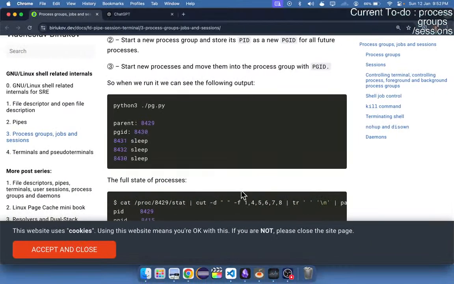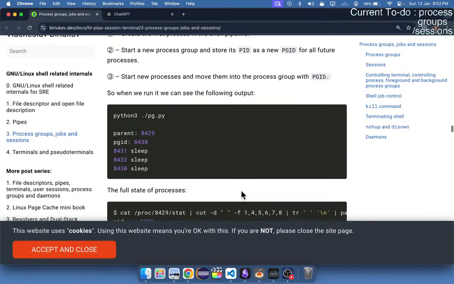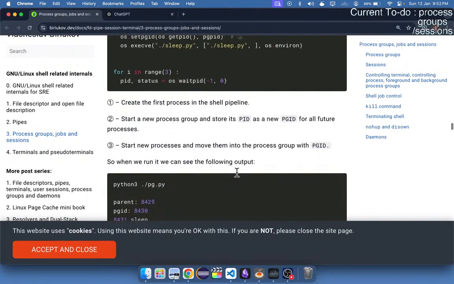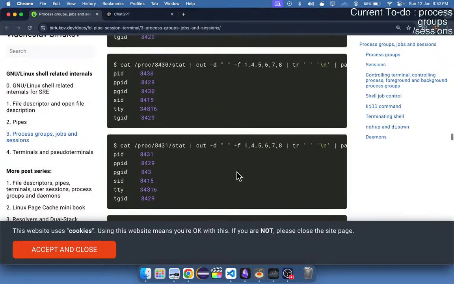Alright, so well, going over this will be good, but